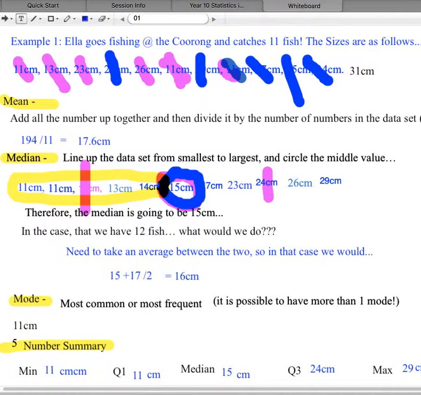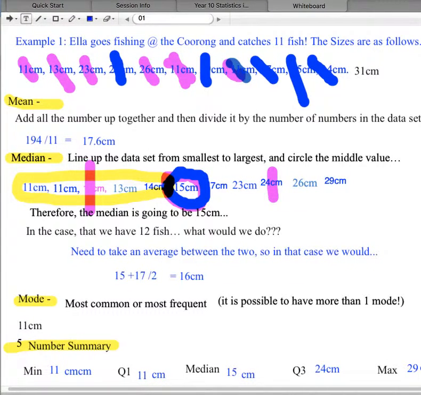15, 24, and 29. So you guys will probably beat me because I'm pretty slow at drawing stuff out. But anyway,